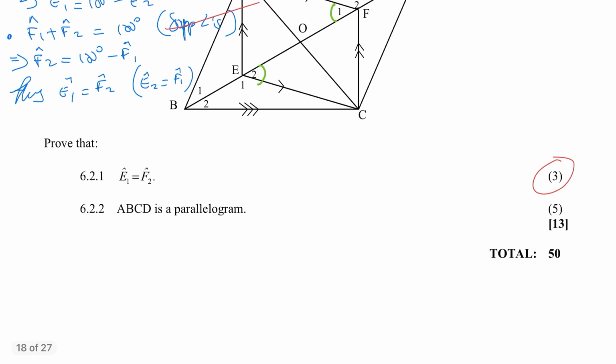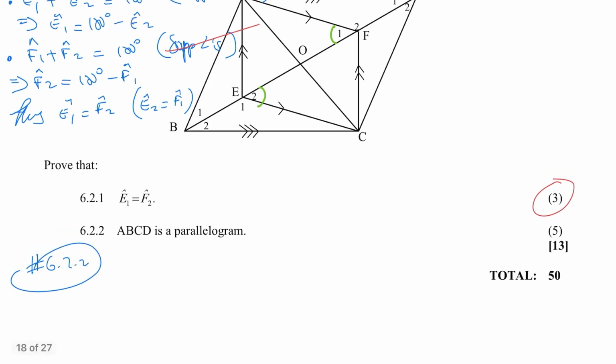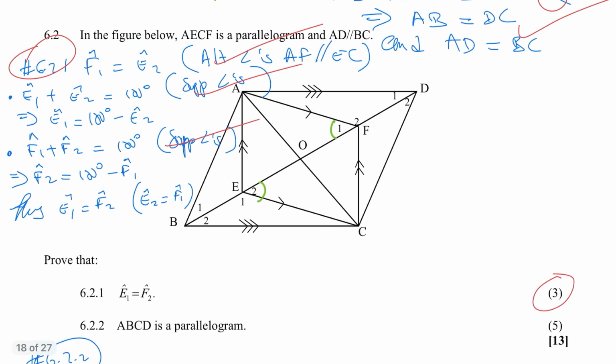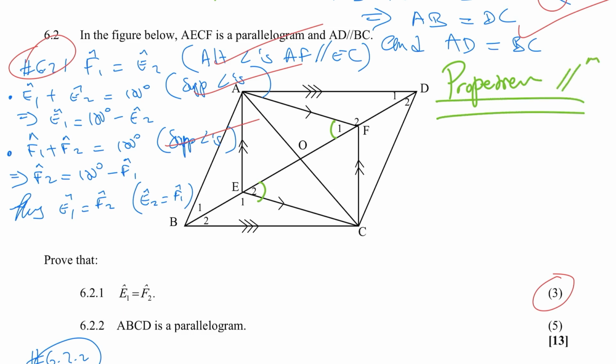Okay, let's go to 6.2.2. Prove that ABCD is a parallelogram. Now, they want us to prove that ABCD is a parallelogram. Before we move on, I want to give you the properties of a parallelogram. This is how you write parallelogram in short. It's very important that you understand the properties of a parallelogram